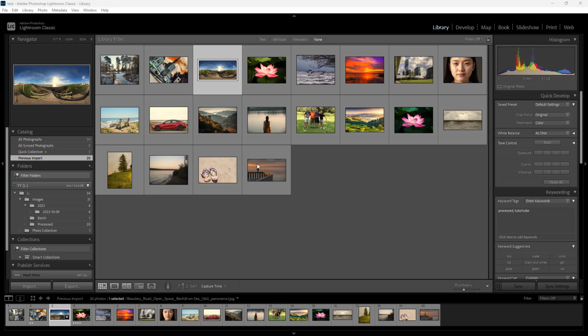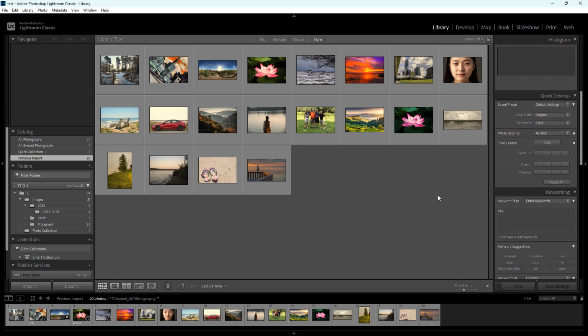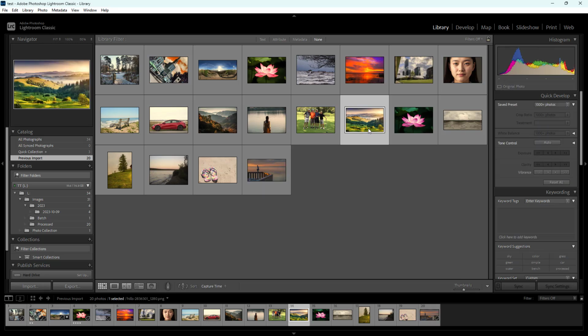So over here, you can see that I have a bunch of images right here. And let's say what I want to do is add in some keywords onto them. Let's say, for example, I want to add in "sky" in this keyword right here. So I can choose the image one by one and add in keywords, but that does take